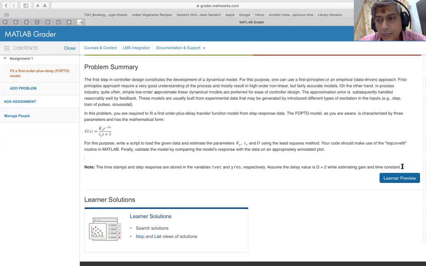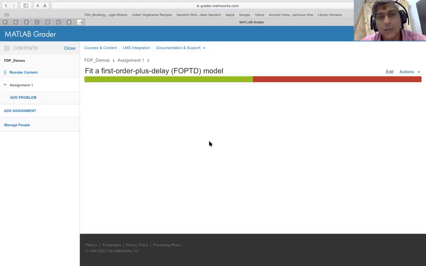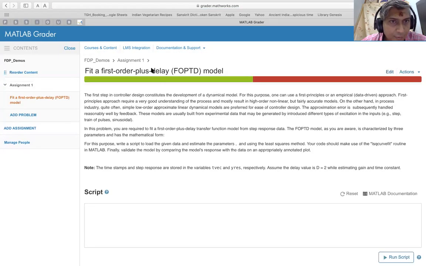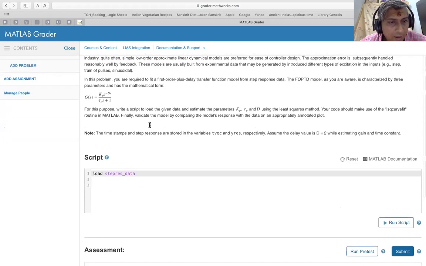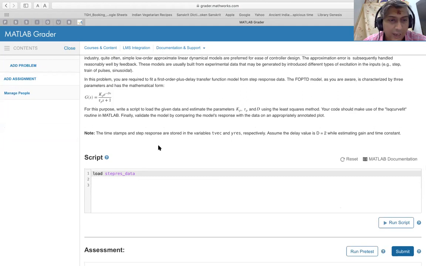Now, if you look at the learner preview for this, this is what the learner is going to see. The learner is supposed to write a script. So in this case, it's not a function-based one. The learner will write a code. The data has been provided in a mat file, which is already uploaded at the time of setting up the question. And this particular thing is locked because this is the first inevitable step that the user has to do to load the data.